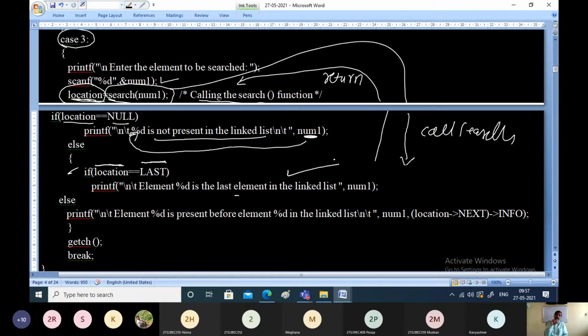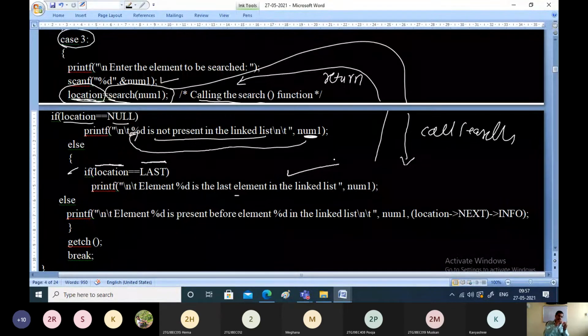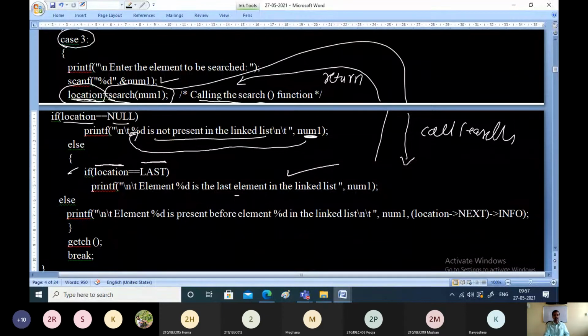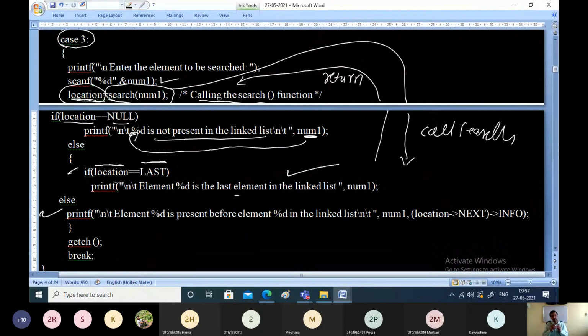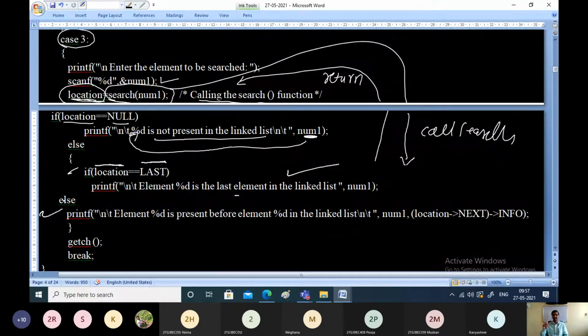Here we are displaying the location because we are searching. If the search is successful, along with the success message we are telling where the element is present. Else part, it is not the last, it is present somewhere after some node. If it is present at the second place, it is present after the first node.